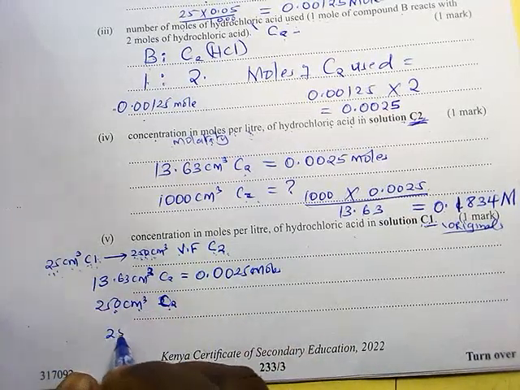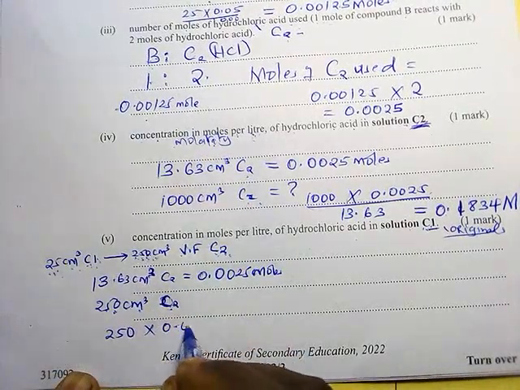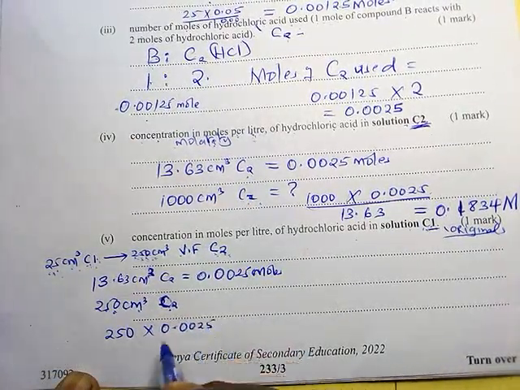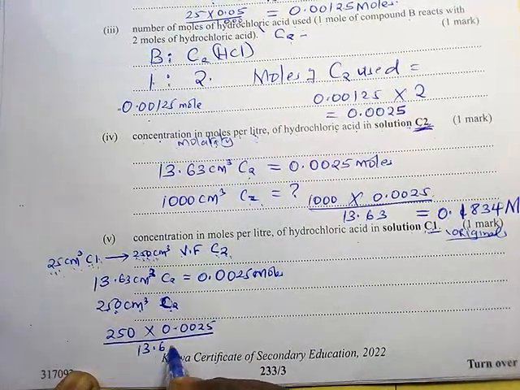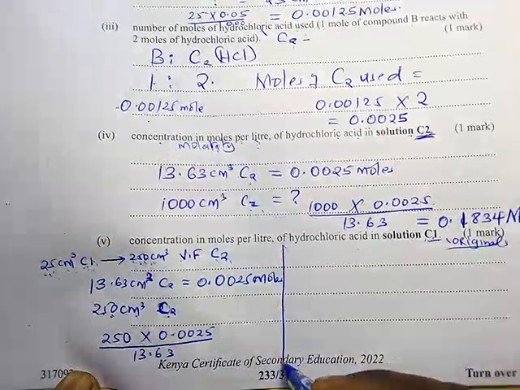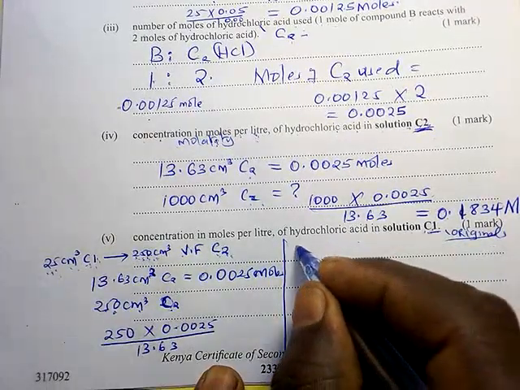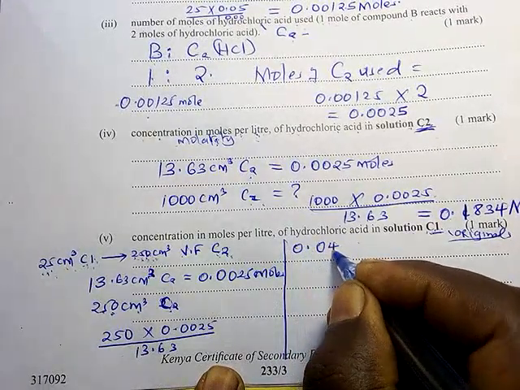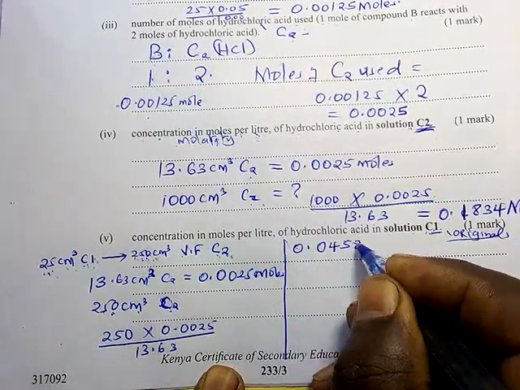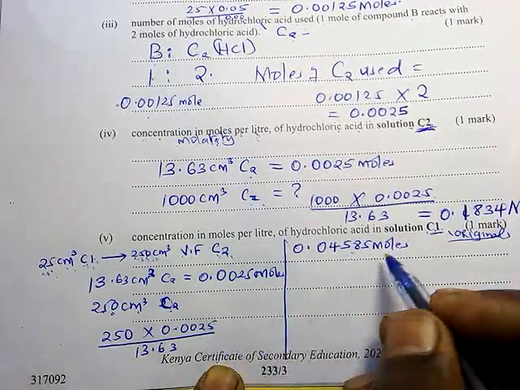So 250 times 0.0025, you divide by 13.63, and this one will give us 0.04585 moles. So this is the number of moles in 250